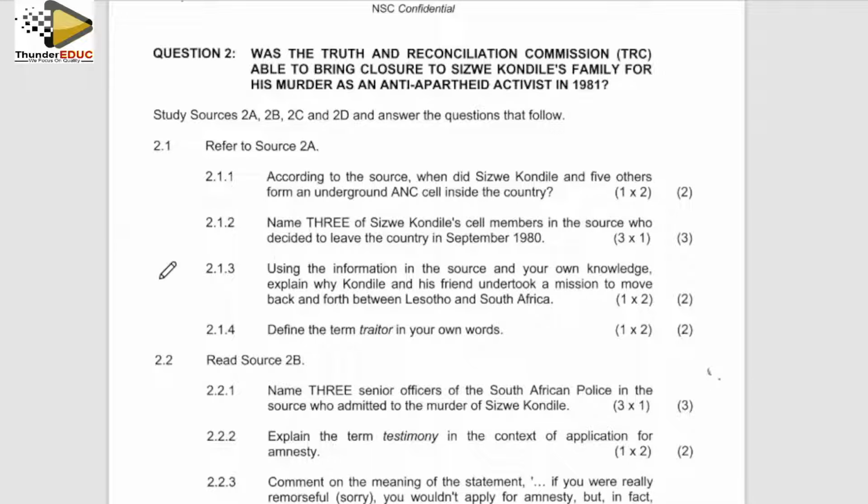Right. Number 214, define the term traitor in your own words. A traitor in your own words, that is a concept. I can define it as someone who betrays any confidence or trust. If you are betraying confidence or trust, you are a traitor. Someone who betrays. You are given trust, you're entrusted in something, or you are given confidential information and you betray, you sell it